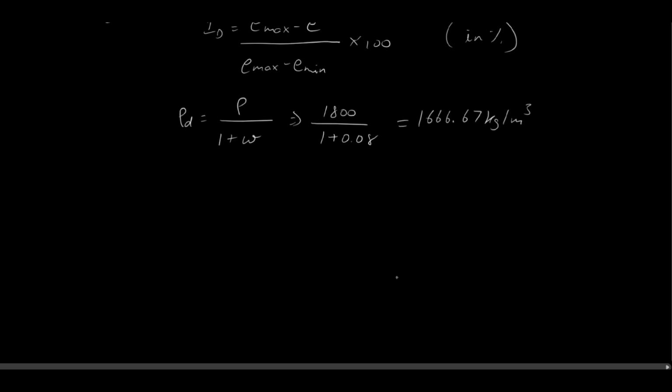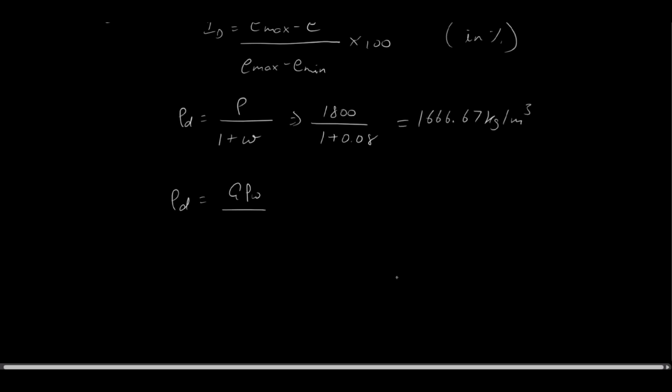From dry density, we can find out e. Sigma d is equal to G sigma w by 1 plus e. If it has been given as unit weight, you should write it as gamma d is equal to G gamma w by 1 plus e. It is a functional relation equation. So 2.7 into 1000 divided by 1 plus e,